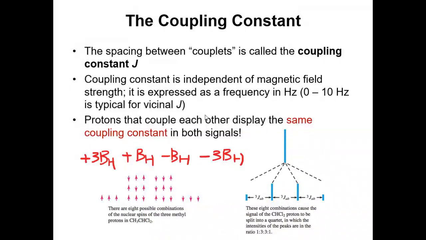But anyway, let's say in addition to B0, the blue proton is also going to feel the impact of the magnetic field of the pink protons. But you have three of them, and each one could either be parallel or anti-parallel with the magnetic field. If you count all the possible combinations, you will see only one combination where all three protons will be parallel to the external field, and only one combination where all three small magnets created by the spinning pink protons will be